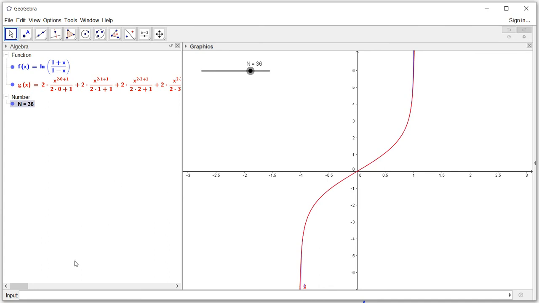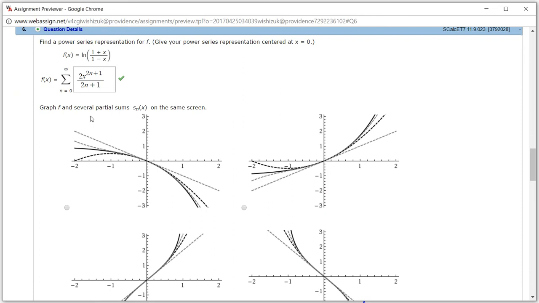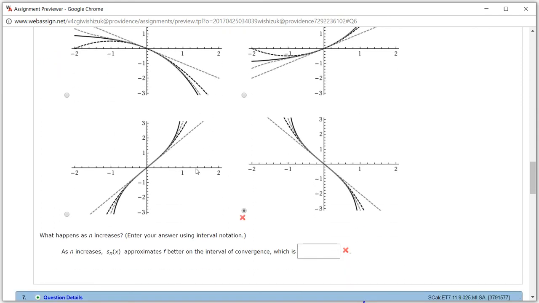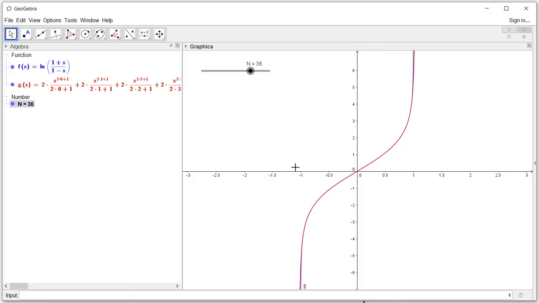So let's see if we can answer the next question here. Graph f and several partial sums, and which one looks like the one we have. It looks like we have this one, so we click on that. And what happens as n increases? We're talking about capital N here. As capital N increases, the partial sum approximates f better on the interval of convergence, which, we haven't really computed the interval of convergence,